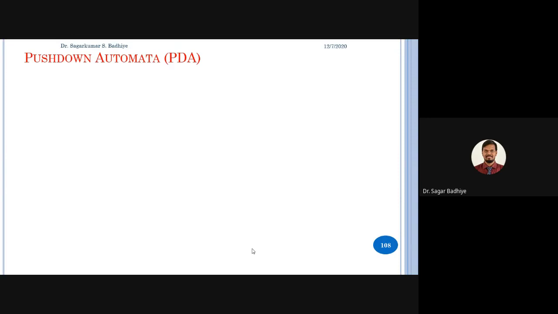In the previous class, we designed push down automata for a few languages, and I also assigned you a question to design a push down automata for accepting a language that would accept the strings of the form a power n b power 2n plus 1, such that the value of n should be greater than or equal to 1. Okay, so this language, as I already discussed in the previous class, is like this: